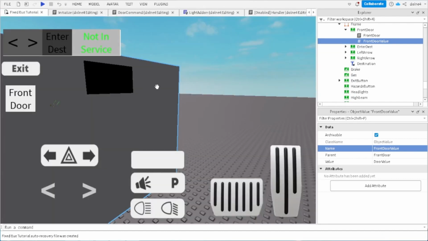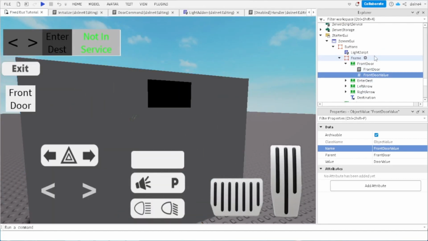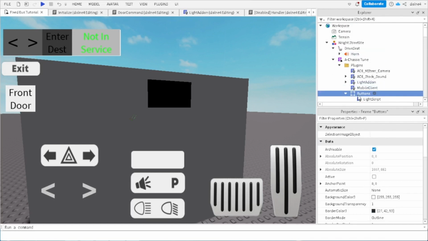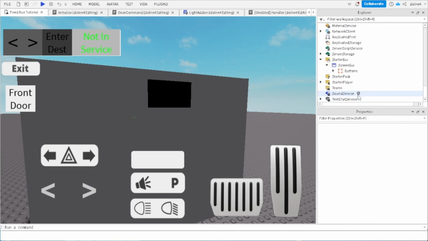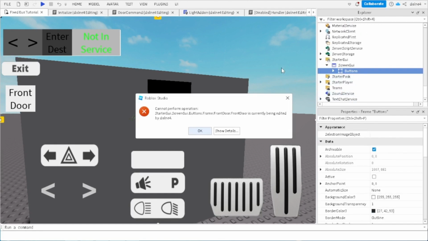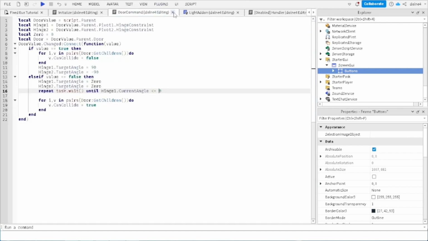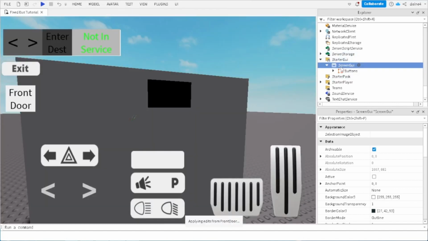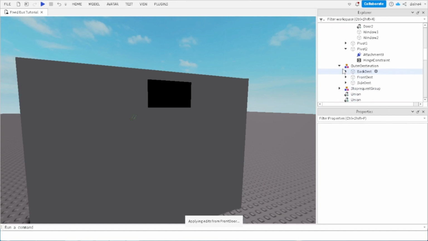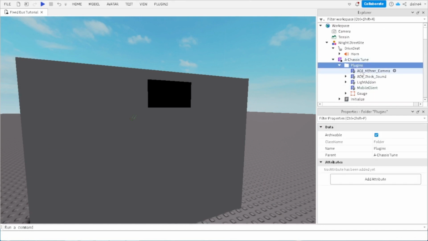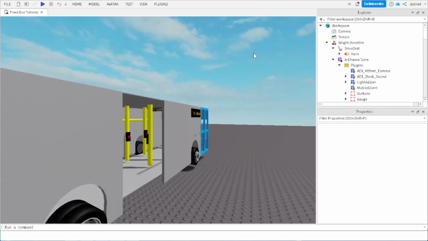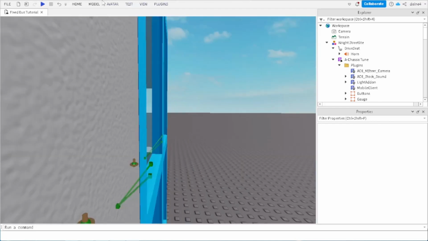So if we go ahead and test that out, but first I just need to move the buttons back. So I just go to delete that button, just go to Control X. Okay, just need to exit out of the scripts first before I can move them. Okay, so I just go to Control X. And then I go to click on plugins and do Control Shift V. Try to put the buttons in. And now if we test this out,